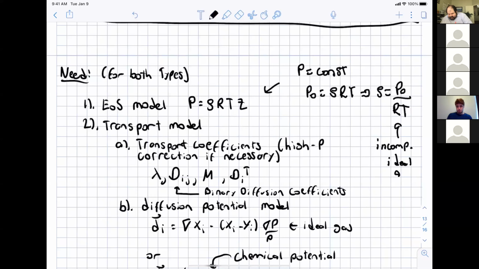ideal gas. Because in combustion you can be changing the temperature quite a lot, and so you do need to account for that expansion and that change of density. But in a lot of combustion applications the pressure is constant, and then they'll do other tricks where they'll say P is equal to this P naught